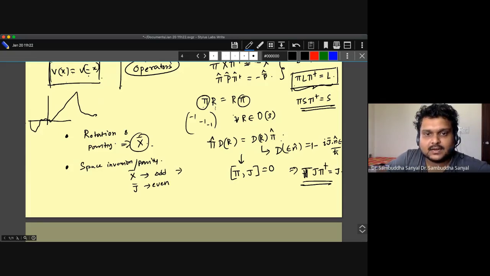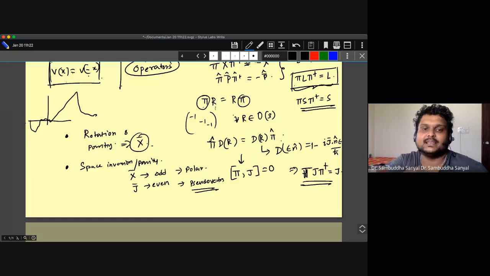So these odd ones are called polar vectors and these ones are called pseudo vectors, or axial vectors. Because you normally expect that if you invert your coordinates, your vector will flip, but it doesn't, because they are a special kind of vector with a special transformation, and they have a name, and that is pseudo vector.